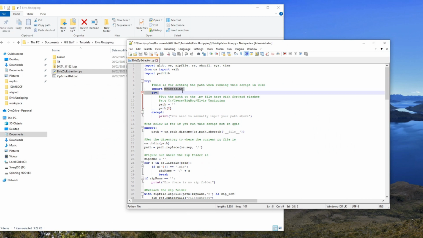Once we jump into the script that I've written here, one thing that is here at the start is trying to import a module called processing. Now this is a QGIS module, so if you run this just in the Python file by itself, it'll produce an error and an exception, and what ends up happening there is it sets the path in the running of the script to where the Python file is,